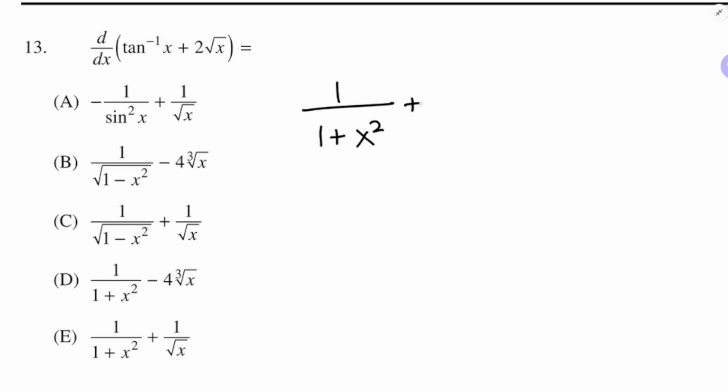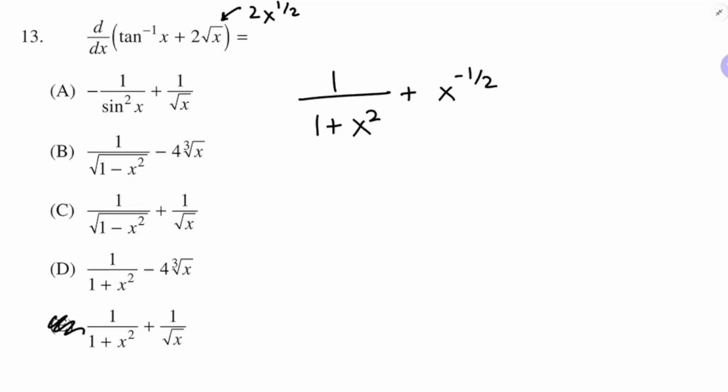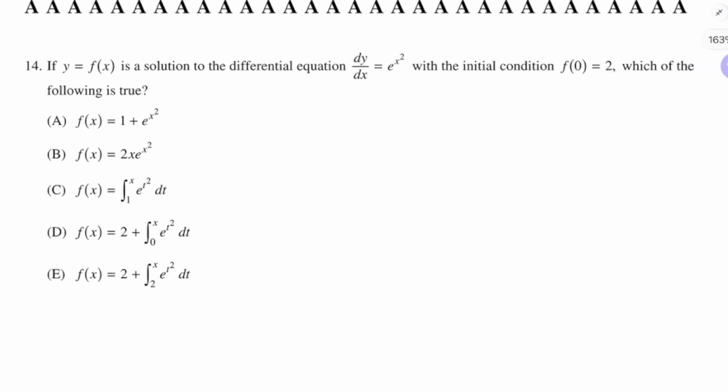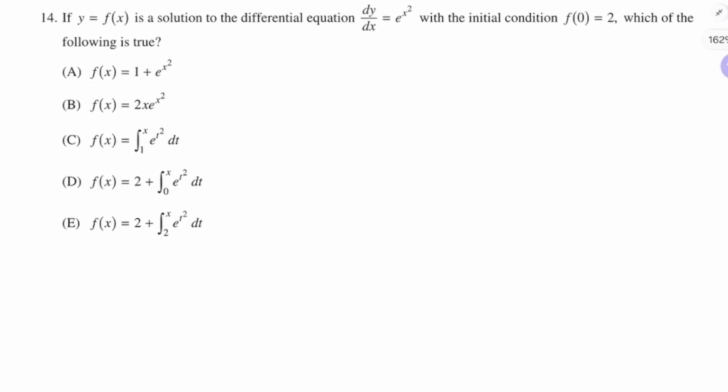Okay, well, I'm just going to think about that as 2x to the positive 1/2 power. And so I'm going to multiply the 1/2 by the 2 and get 1, and x to the 1 minus 1 power. So that would be answer choice E. That's one of those where if we just know our formulas, that's going to really speed up the process. We don't have to spend a bunch of time thinking about that